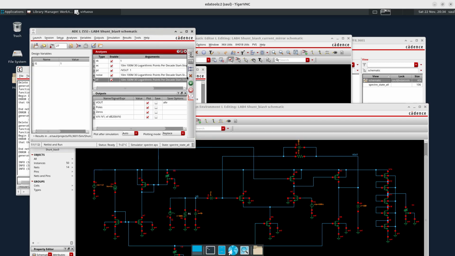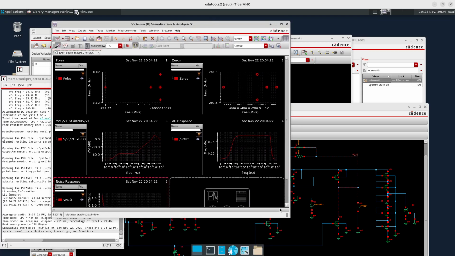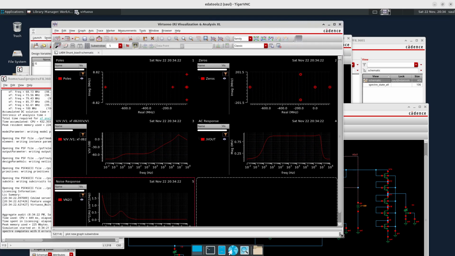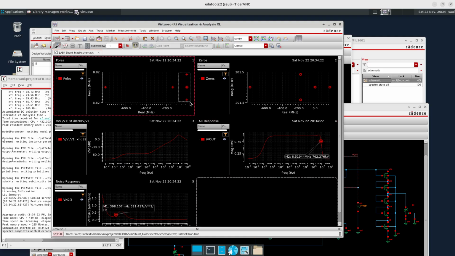Okay, let's see. And then we are done. And well, we do a pretty quick check. We check the gains are exactly as the things that we want. The bandwidth, we see what is the bandwidth of our circuit. In this case it is around 8.5 megahertz for this circuit, and then we check the position of the poles